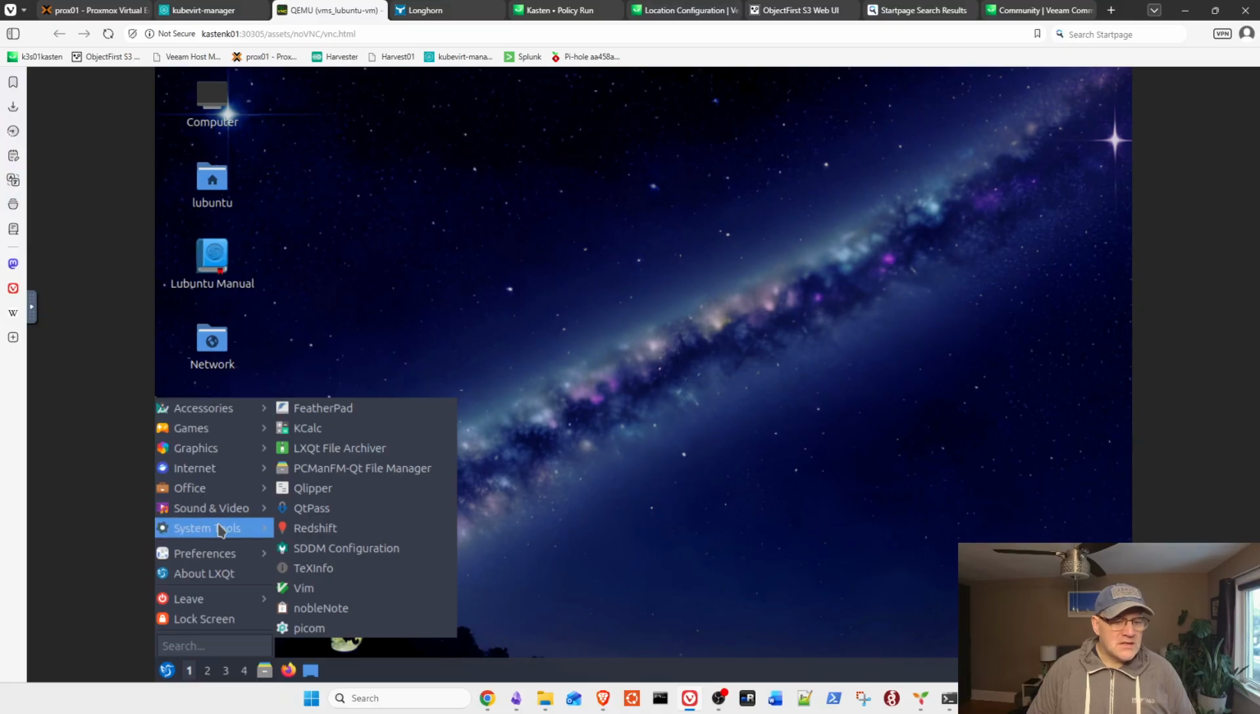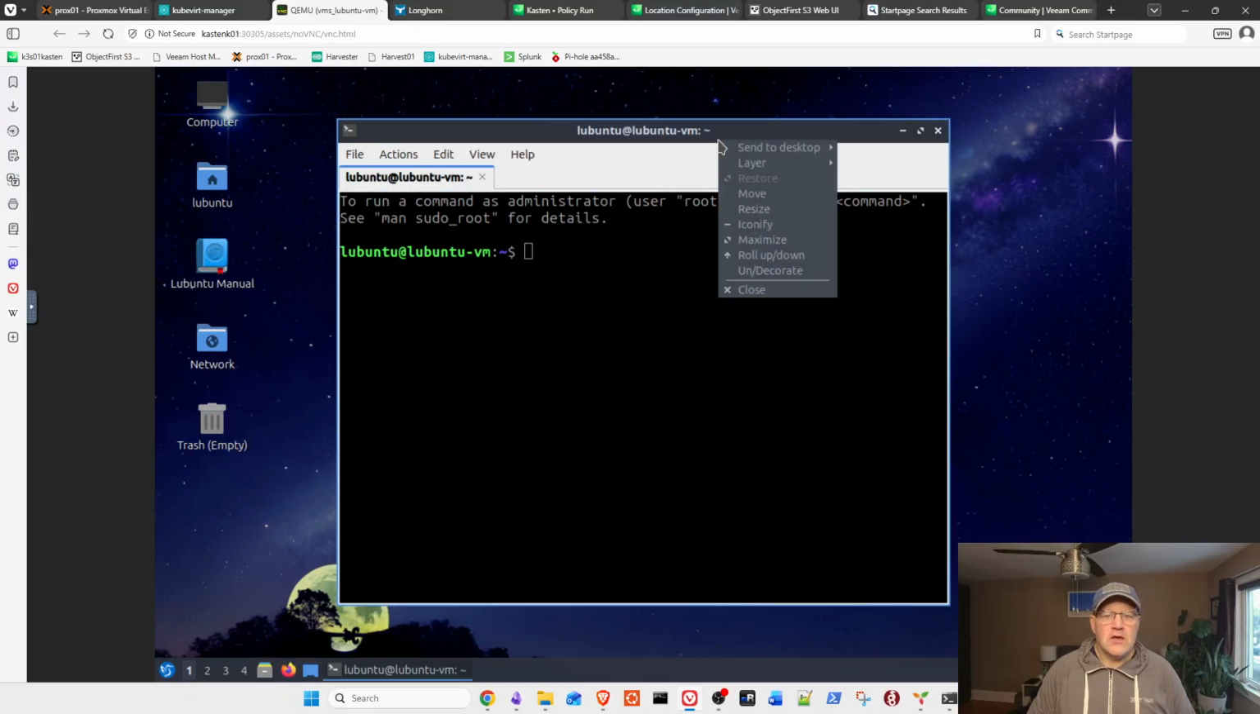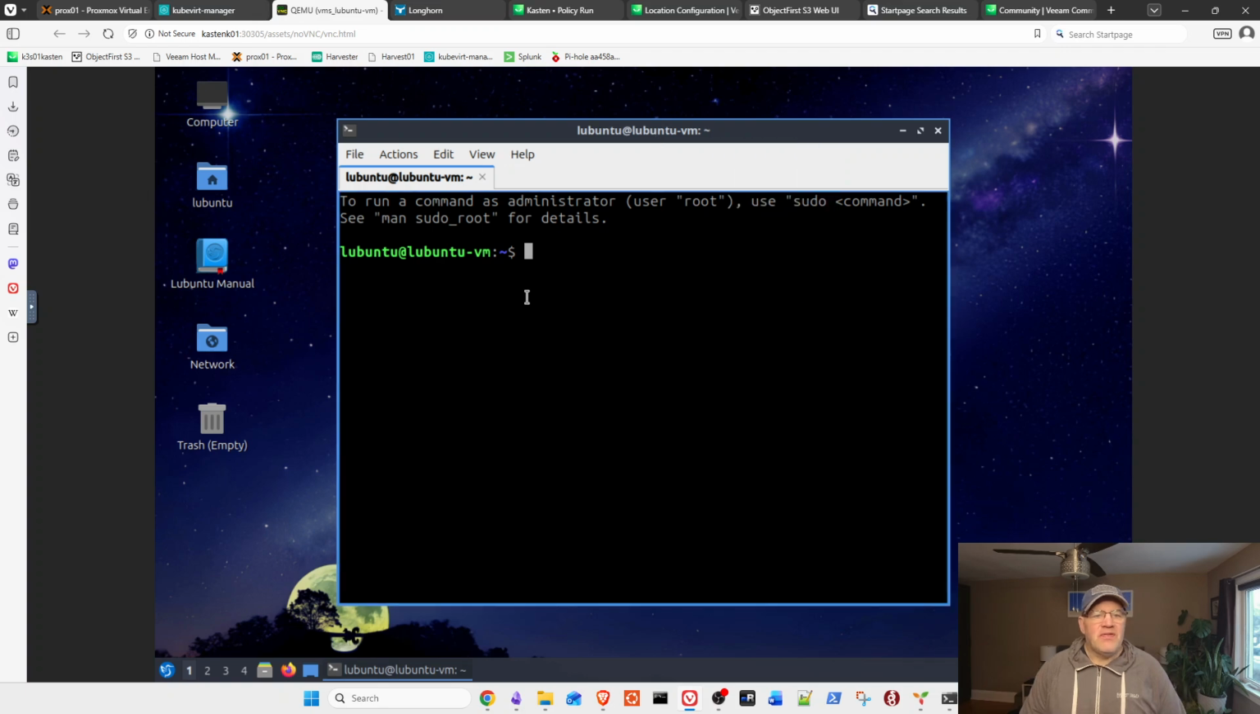Now where is it? It's in System Tools, our QEMU terminal. Okay, Q terminal, excellent. And this is where we need to install the guest agent. So now Ubuntu is Debian based, so apt install QEMU